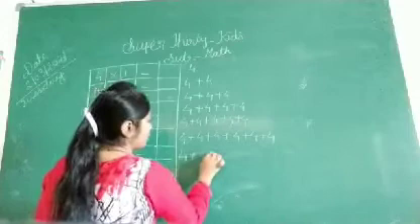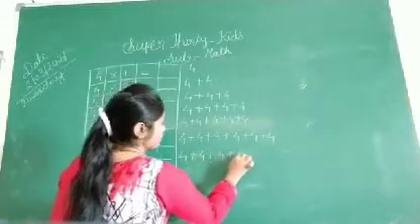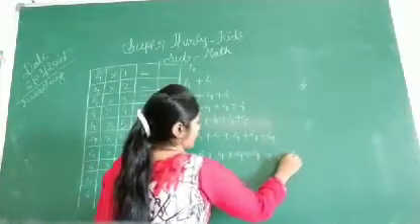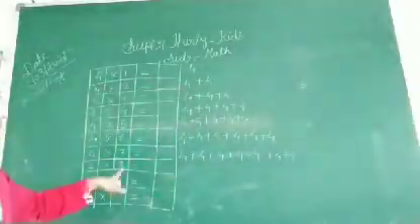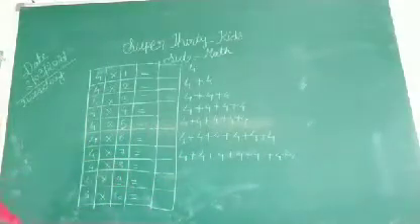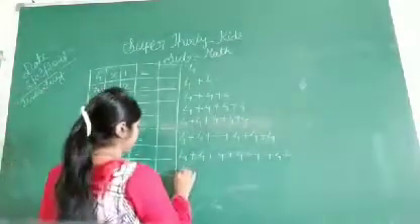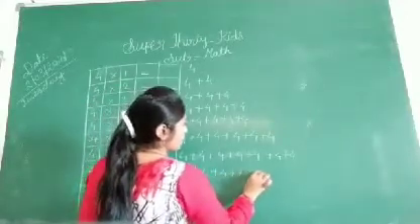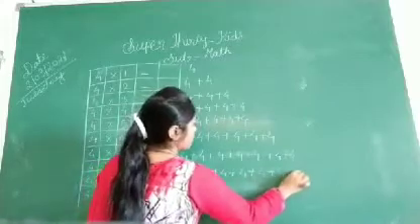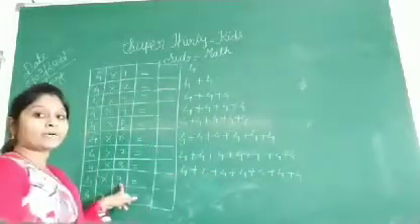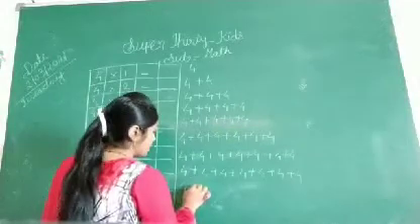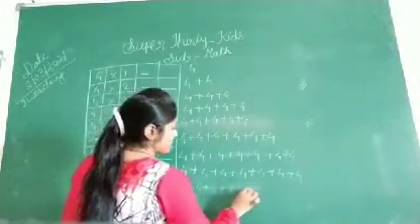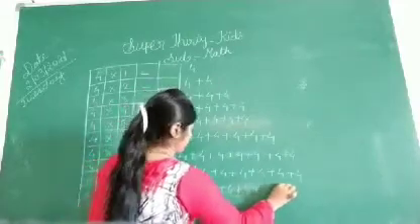Here is a 7 number, so we add 7 times 4. 4 plus 4 plus 4 plus 4 plus 4 plus 4. Here is a 8 number, so we again add 8 times 4. 4 plus 4 plus 4 plus 4 plus 4 plus 4. There is a 9 number, so we again add 9 times 4.